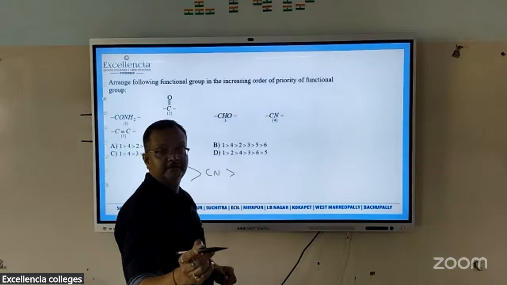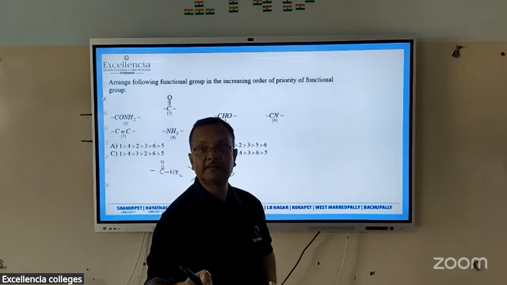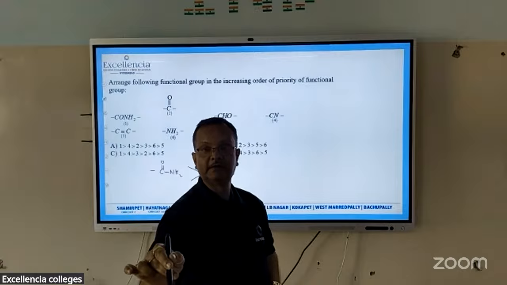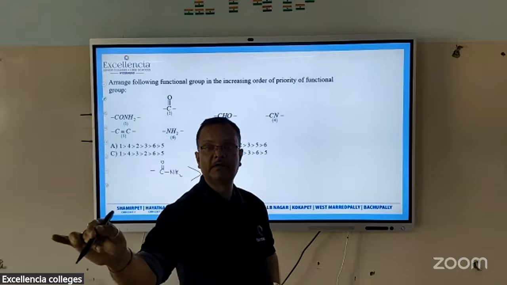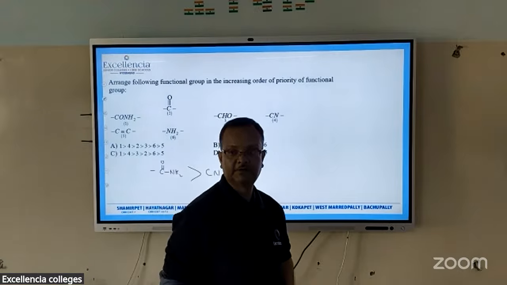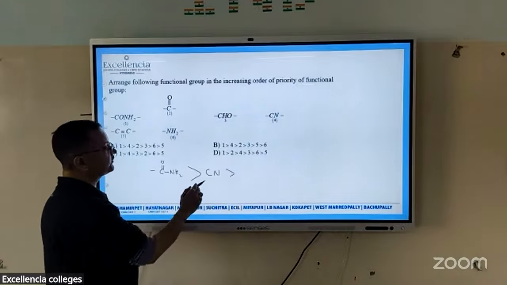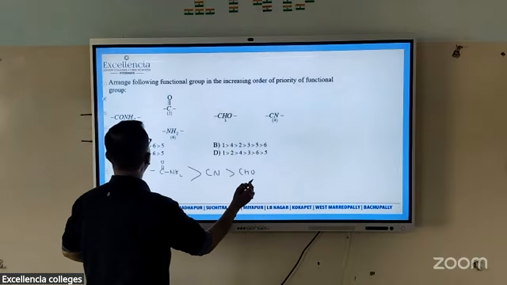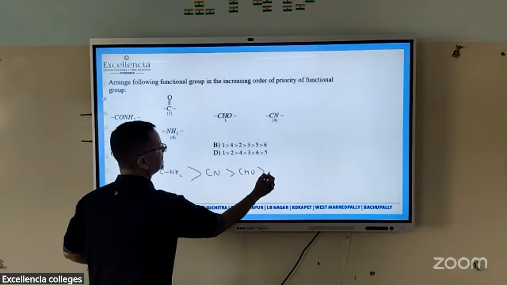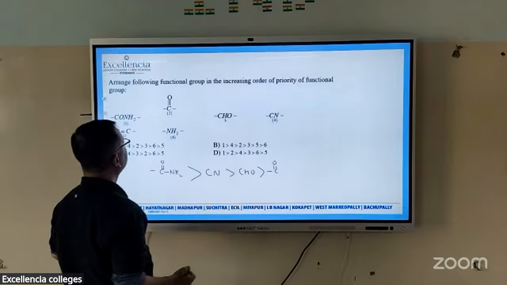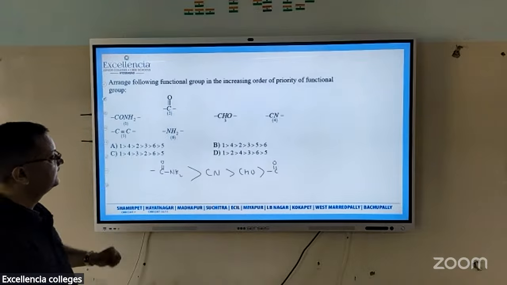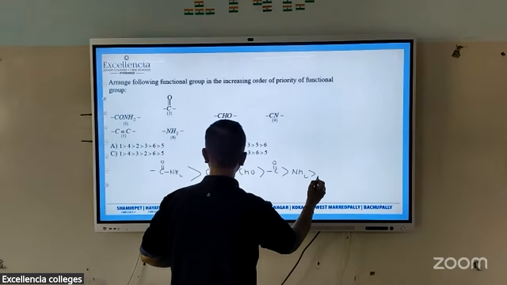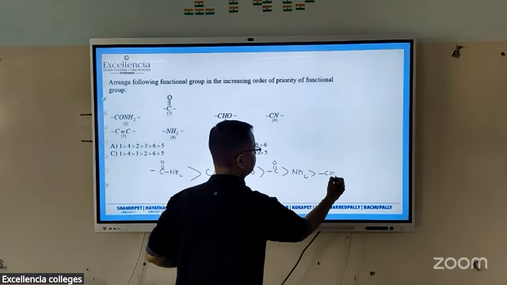And after cyanide, if you recall, then aldehydes come, aldehyde, ketone, then alcohol, then thiol, and then amine, and then double bond and triple bond, and last is nitro like that. So who is number three? Aldehyde should be number three. And who is number four? Number four should be ketone. And after ketone should come what? Amine. See, amine should come at this position.